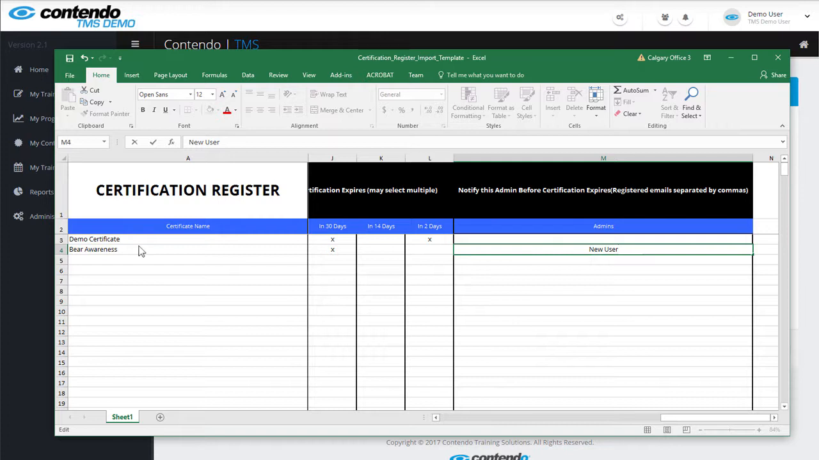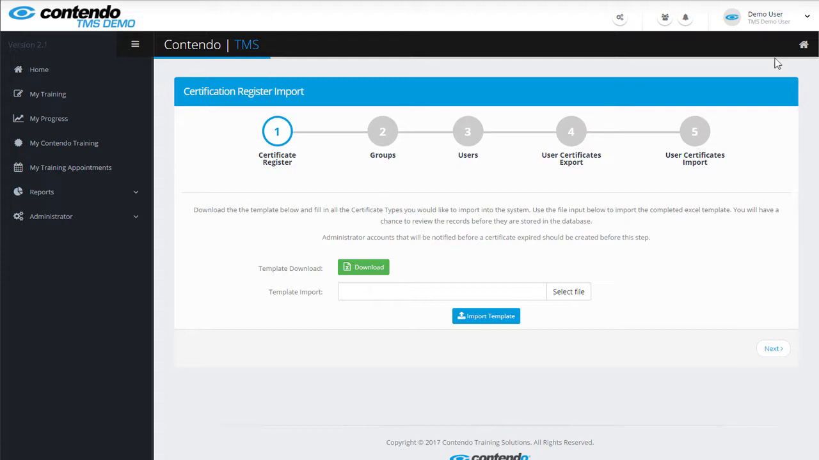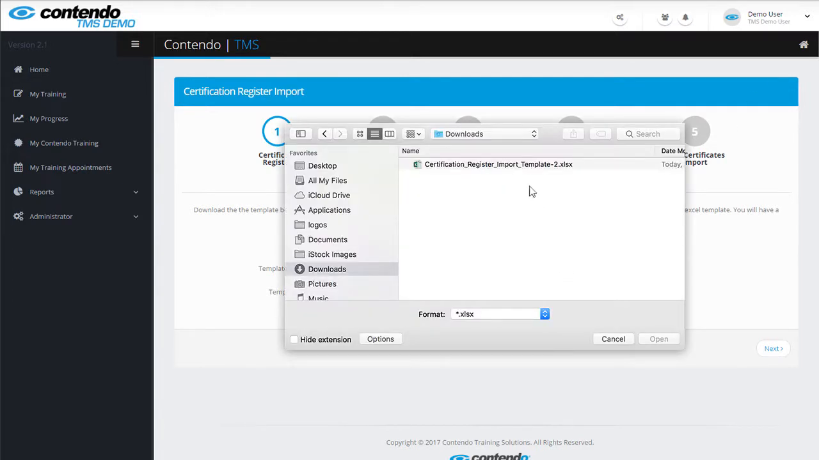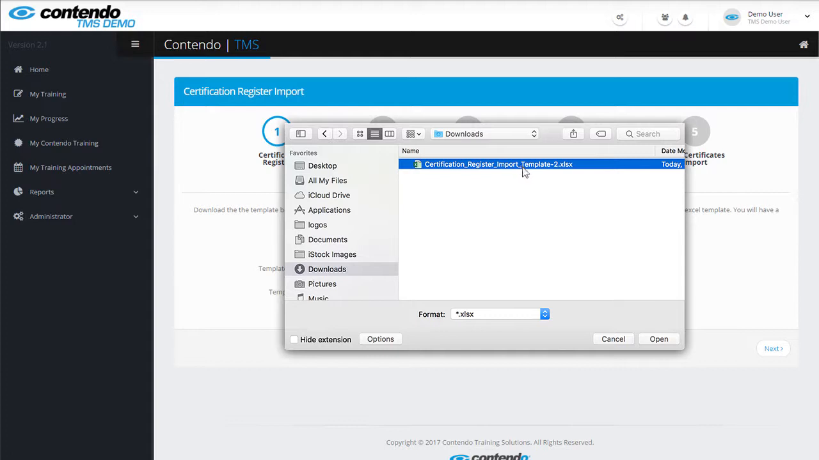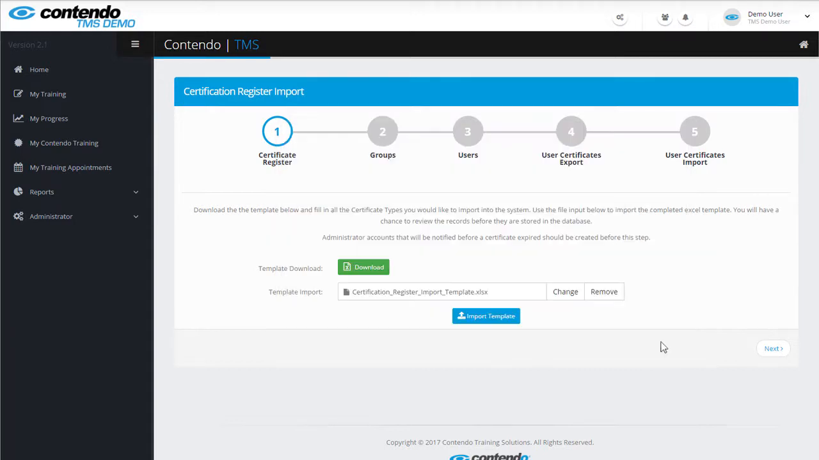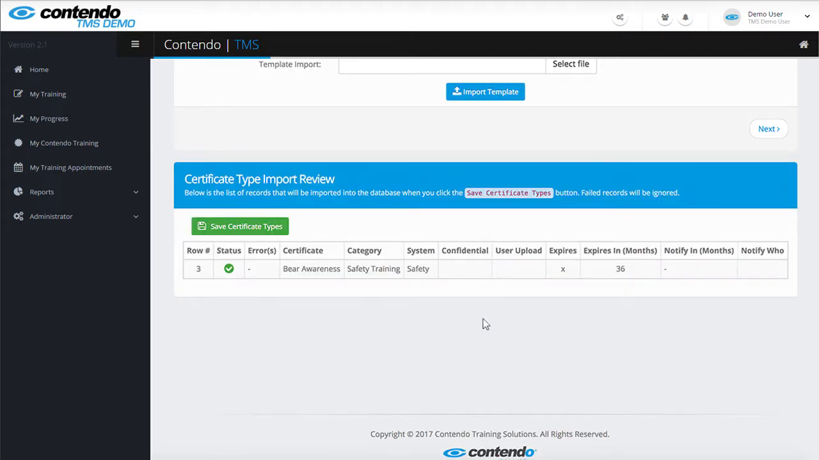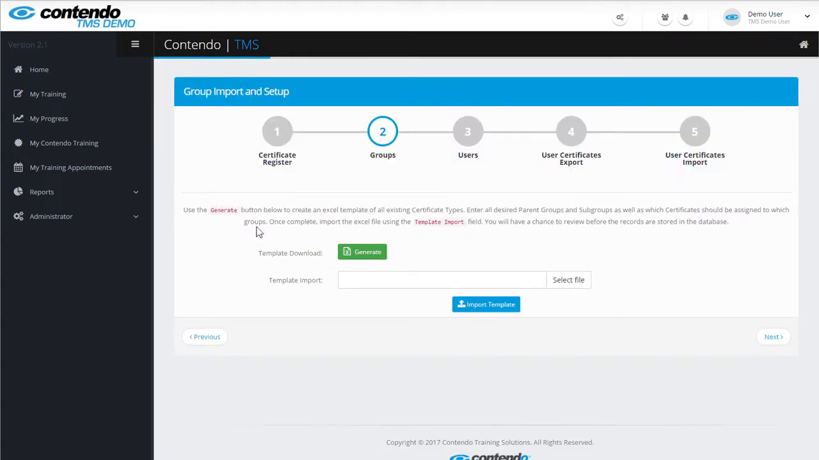Once you've completed your spreadsheet, make sure to save your file because the next step is uploading it. So let's click Select File, browse to the file, and click Open. Once you've done that, you can click the blue Import Template button to proceed to the review page. If there are any errors in your upload, they will show up here. But since everything looks good to me, I'm going to click the green Save Certificate Type button to complete the